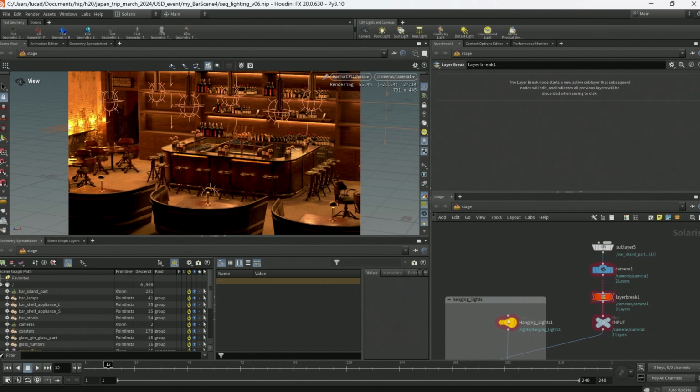But when it comes time to write out our USD file, only the work that is done after the layer break will show up in our sequence lighting USD file. All the information that is upstream of the layer break will be discarded.